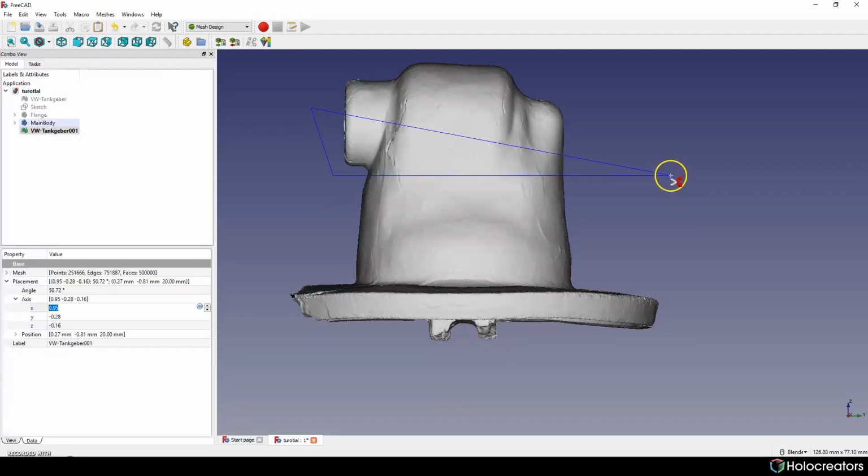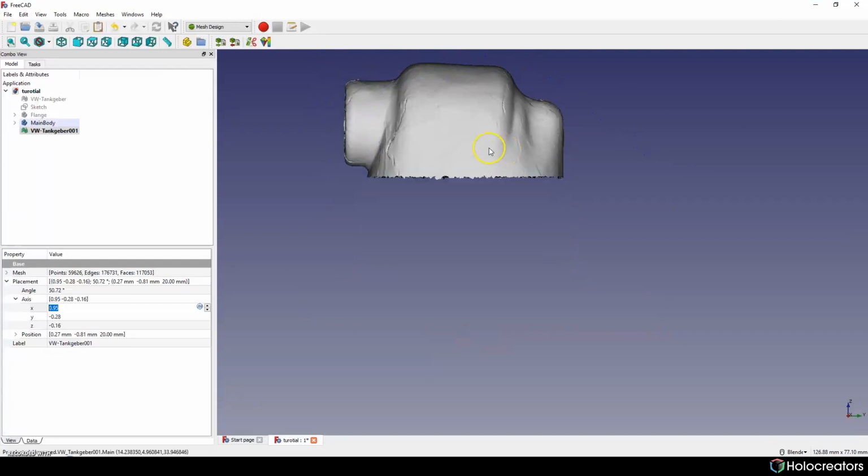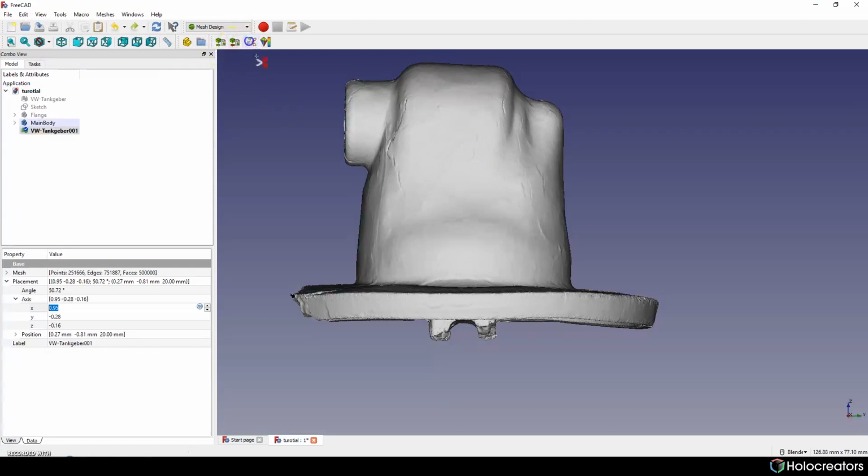trying to get straight line here, and oops, wrong. We need inner part.